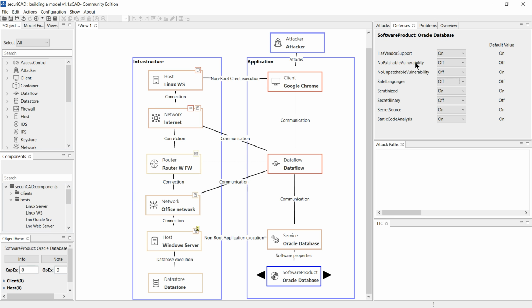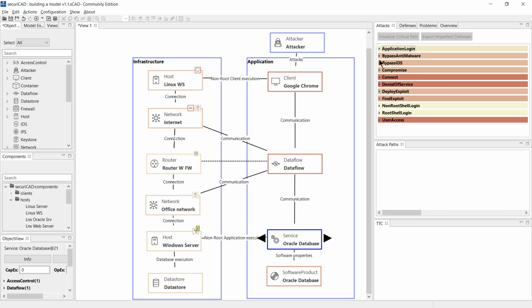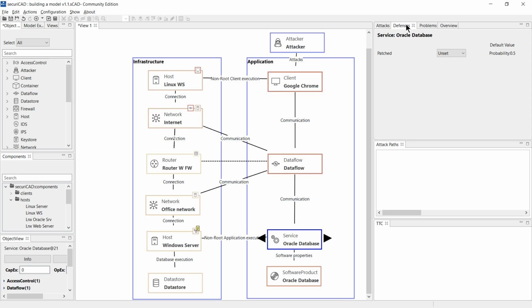If we go back to the Oracle database, we can see that there is an attack step described as find exploit. The probability of an attacker being able to find an exploit is influenced by whether there is a patchable vulnerability and whether the software is actually patched. Because the executable software is patched rather than the software product, we find a defense of patch under the service object. So here we can see that in this case, the Oracle database has a probability of being patched of